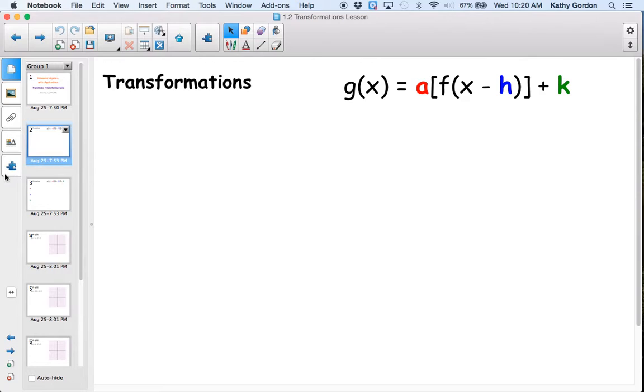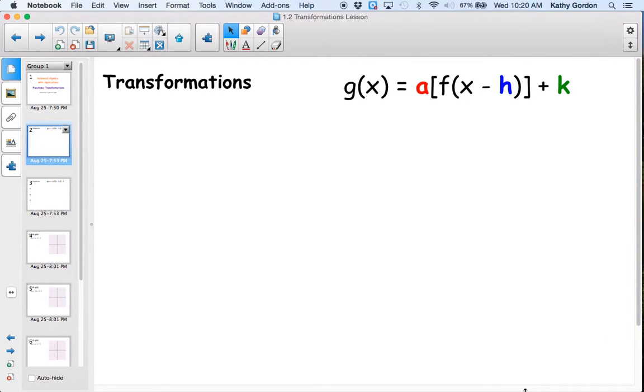So we're saying if I want to get some new function g of x, then I take whatever the parent f of x function was, and then I can insert numbers in 3 different places. I can multiply by some a value out in front of the whole function. I can subtract some h value inside of the function, or I can add some k value to the outside